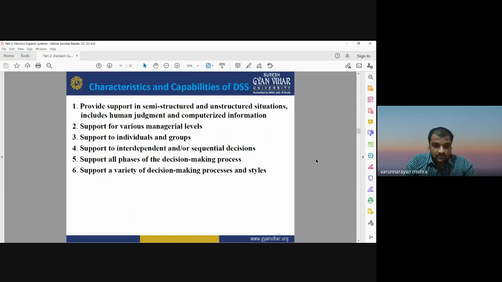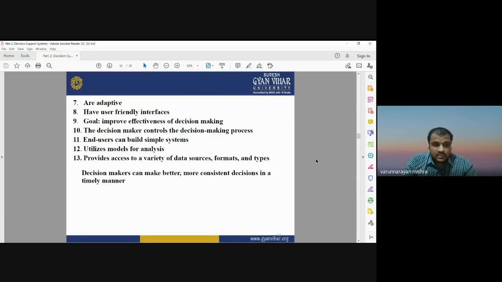So whatever decision we are making, if we have data sets and we don't know how to take a decision, a decision support system provides us the facility to process the data set using data modeling techniques, using statistical, machine learning or any kind of mathematical techniques, to solve the problem and take a decision. This decision support system should be adaptive. It should have a user friendly interface. It should be user friendly, meaning the user should find it very handy.